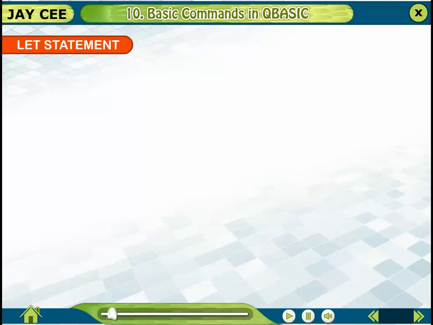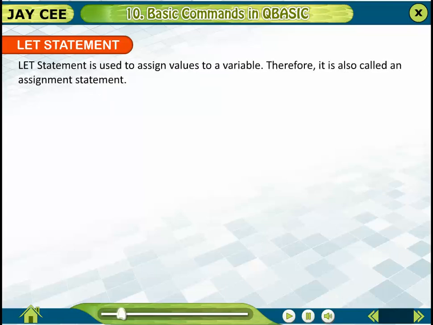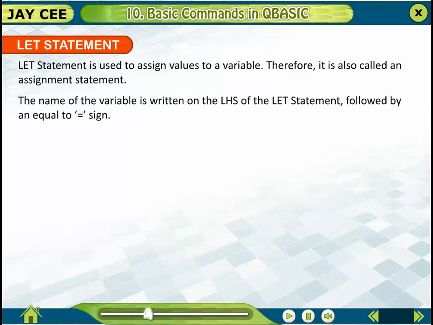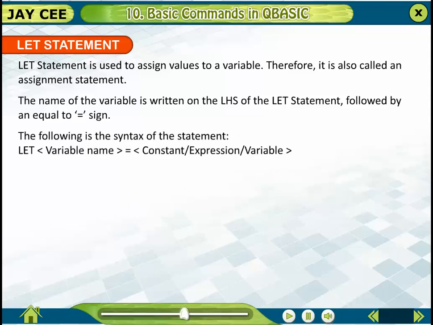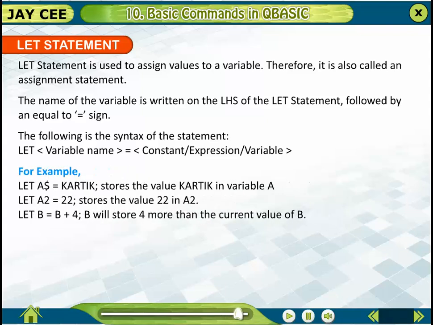LET statement. The LET statement is used to assign values to a variable. Therefore, it is also called an assignment statement. The name of the variable is written on the LHS of the LET statement, followed by an equal sign. The following is the syntax of the statement. LET <variable name> = <constant / expression / variable>. For example,